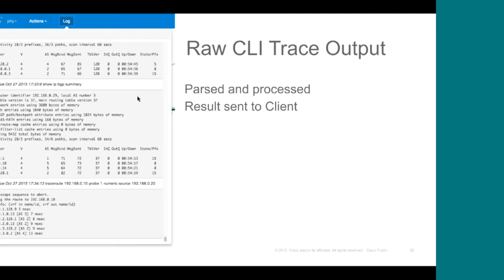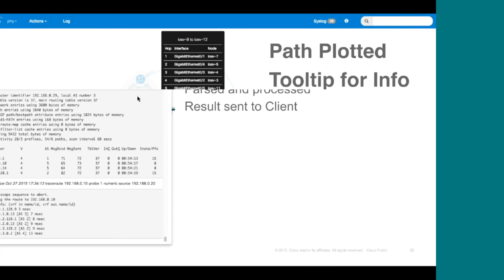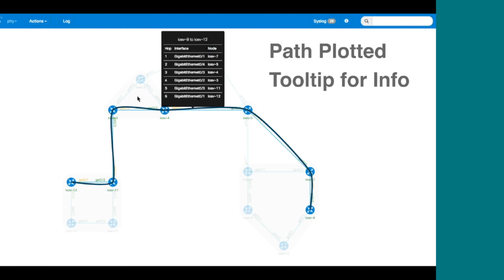So we can see just by clicking from that source to the destination, we've run the command. We can see the result coming up in the bottom of this raw log here. And we've got 6 hops. And then we've plotted the path automatically. So we know, based on those IPs we collected, which node it is at each hop, based on the interface IPs. We can then plot a path through the network. And then if we hover over that trace route, we will see each of those hops along the way.